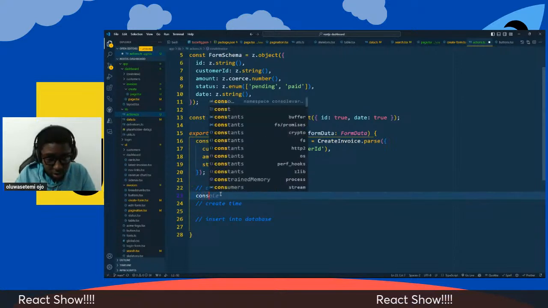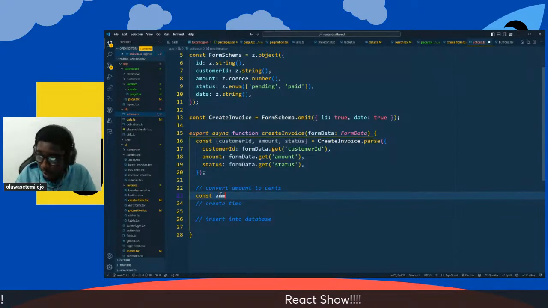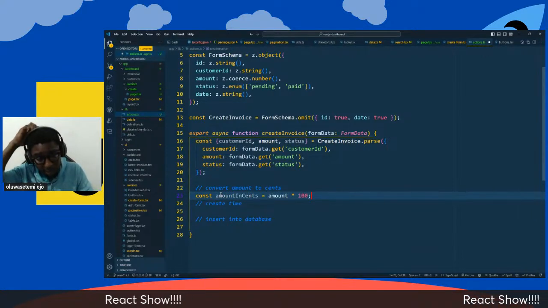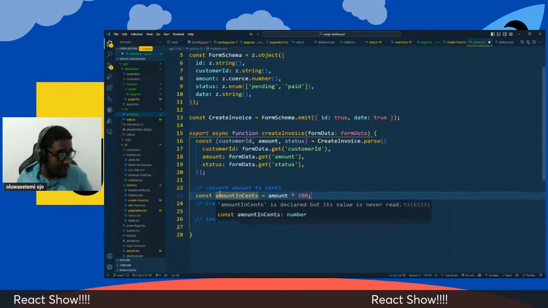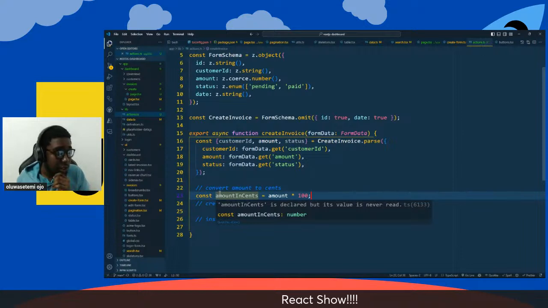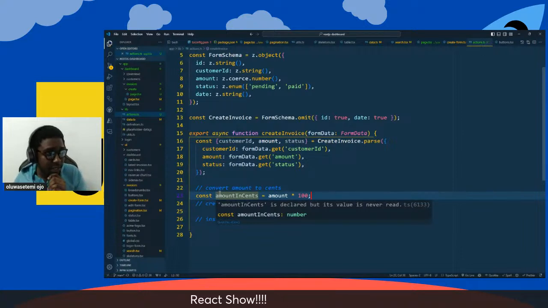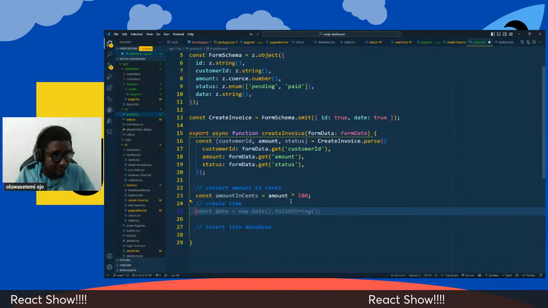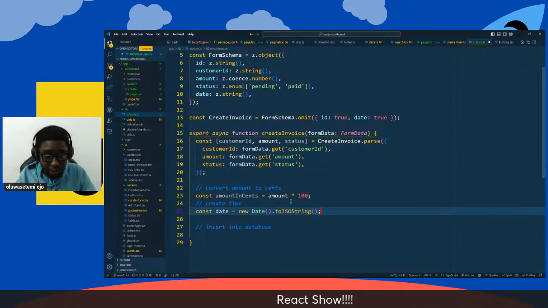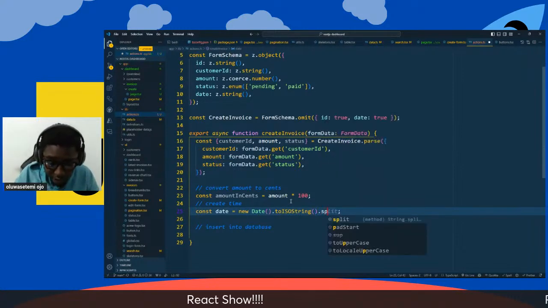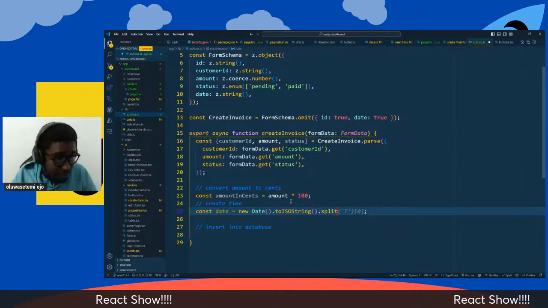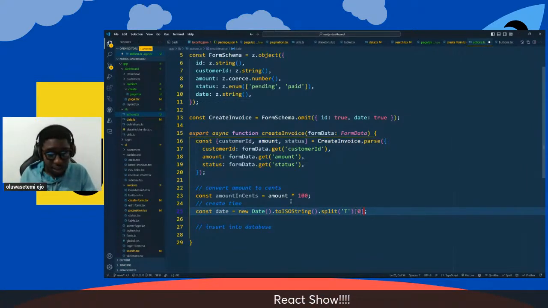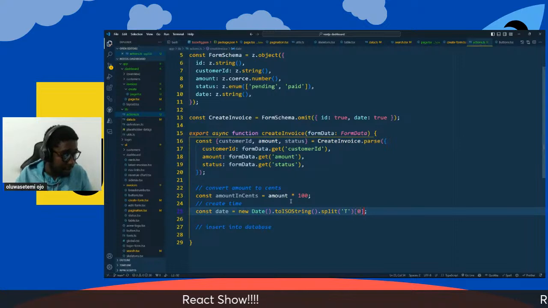So const amount in cents is multiplied by 100. Then we want to create a new time. We want to create a date, which would be the ISO string. Then you want to do dot split by T, pick the first data there,